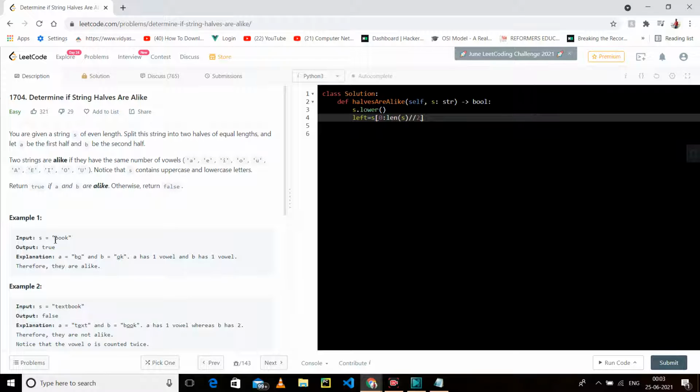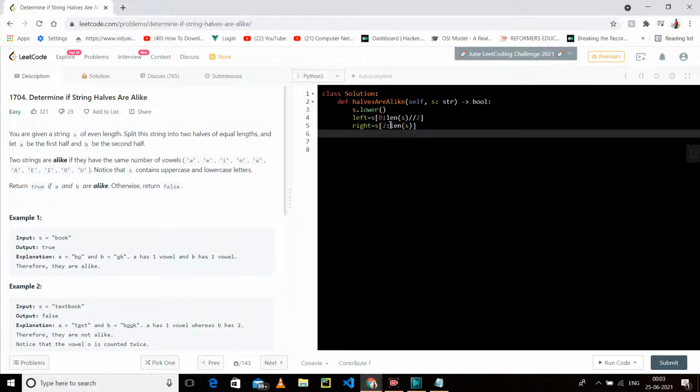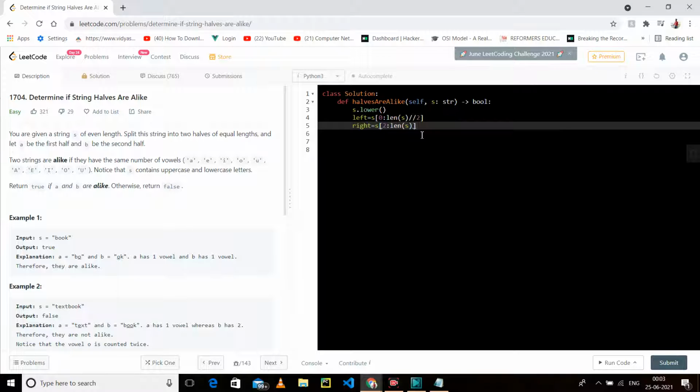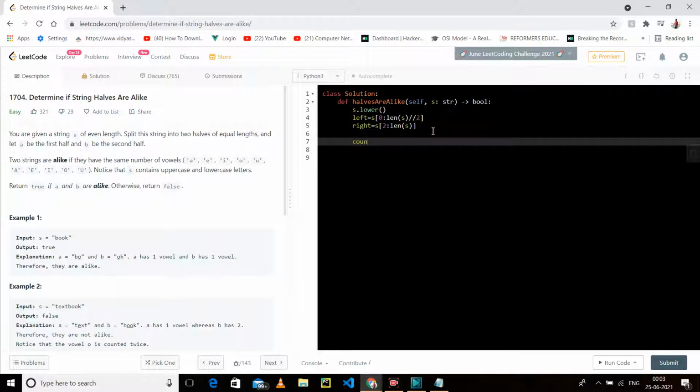That means b and o, because b is at index 0 and o is at index 1. And the right is starting from index 2, because 0 and 1 are covered, going till the length of s. The length of s is 4, so 2 to 4 means it covers 2 and 3. So our right string is ok and our left string is bo.